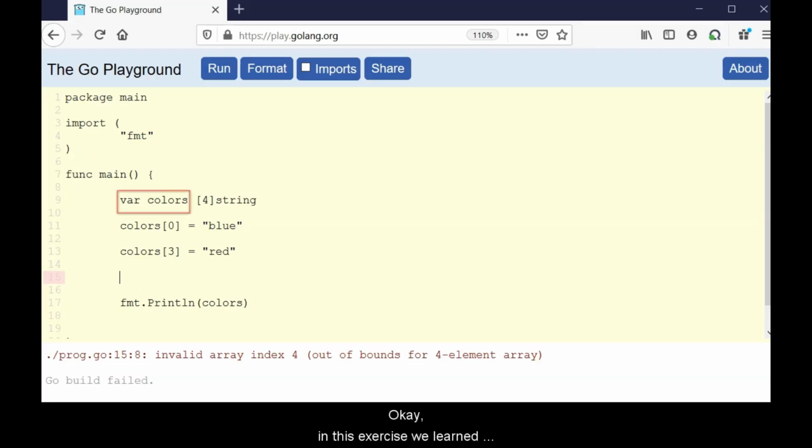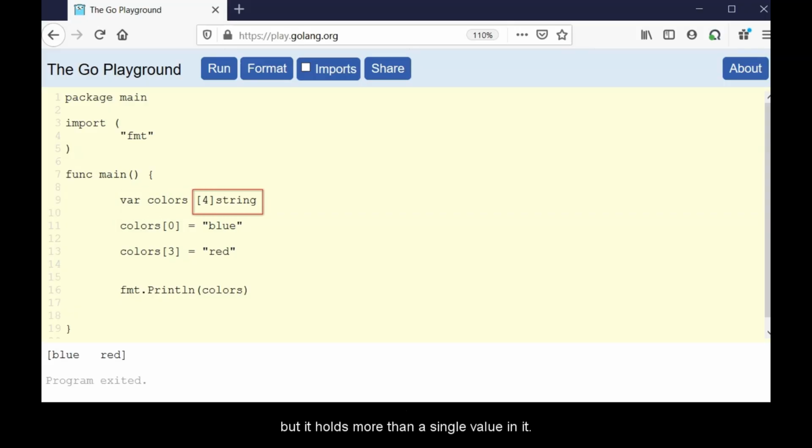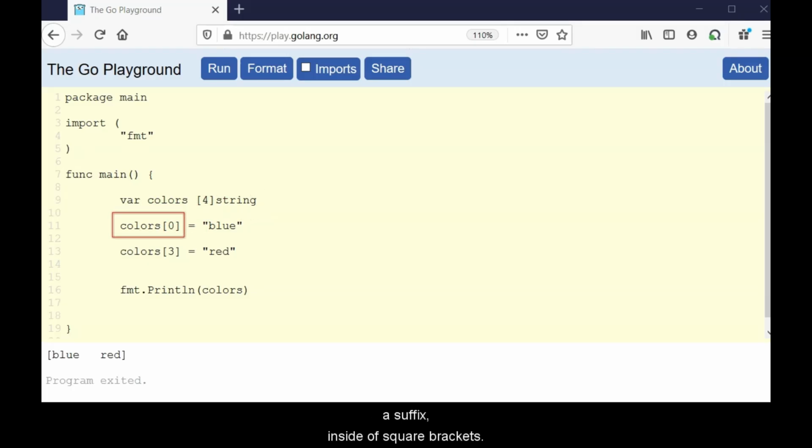Okay, in this exercise we learned that an array is just like any other variable, but it holds more than a single value in it. We have also noticed that the length of the array is part of the data type designation. This array is not a string type. This is a 4-string data type. And just as in string variables, a 4-string variable or array receives a blank space per slot as its default value, unless we assign values to it when declaring the array, and we will see how to do that in the next exercise. And finally, to reassign any of the array locations, we pass the index number as a suffix